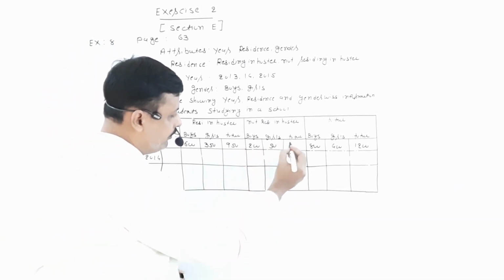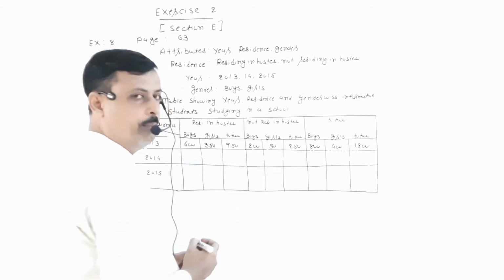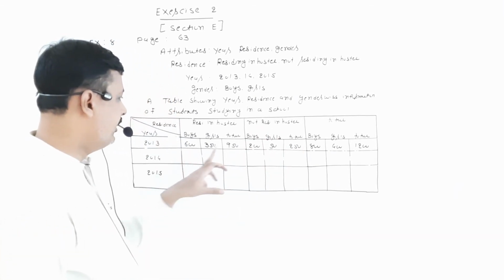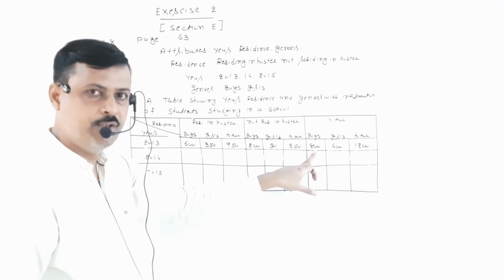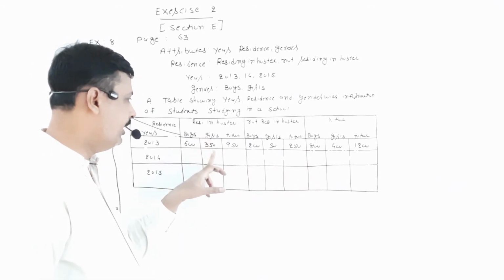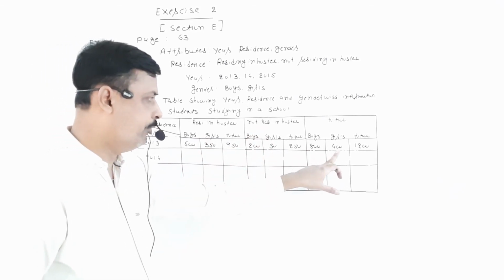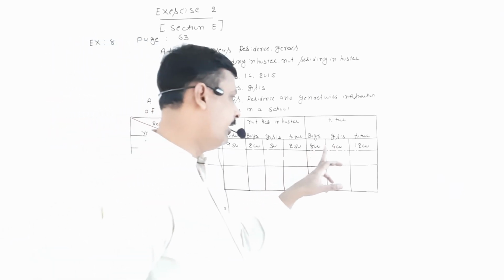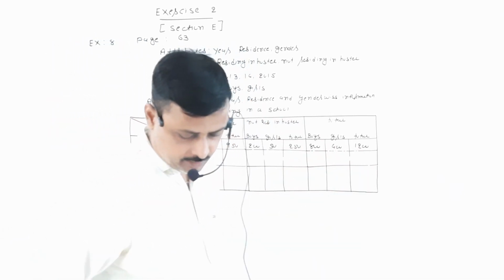So 200 plus 50, 250. 600 boys plus 200, total boys 800. 350 girls plus 50 girls 400. 800 plus 400 become 1200. Now,